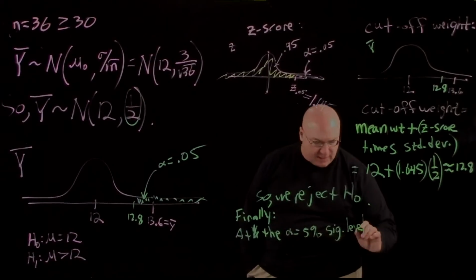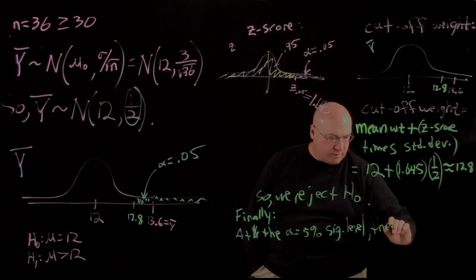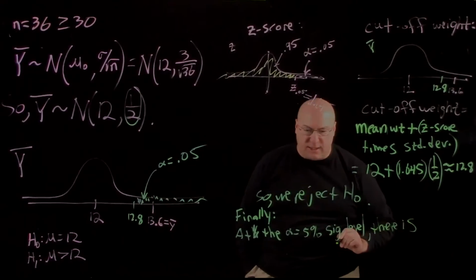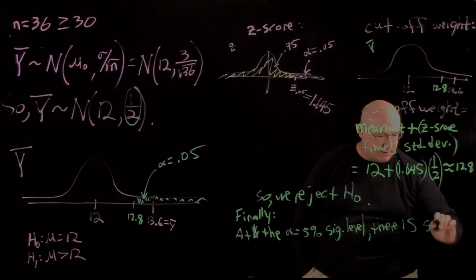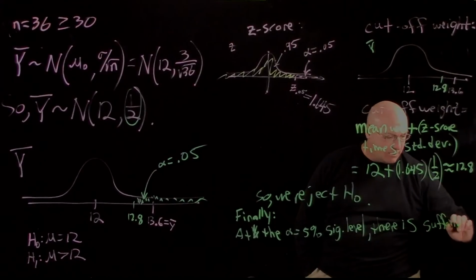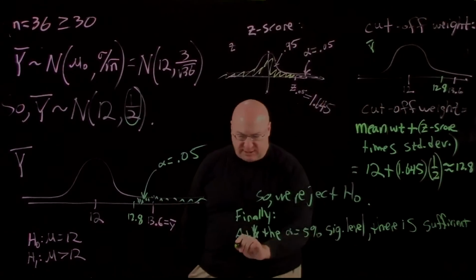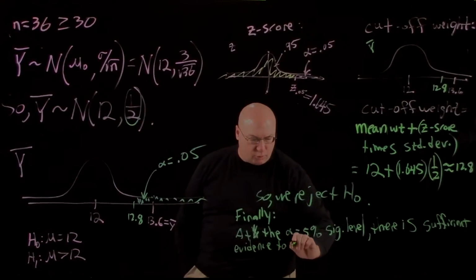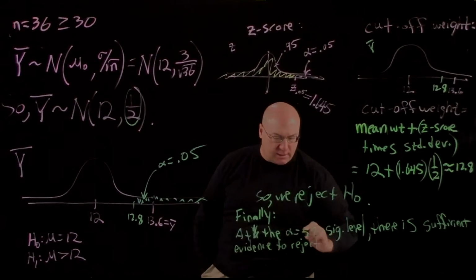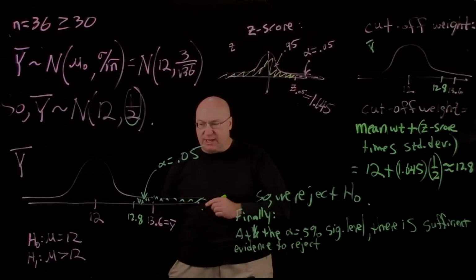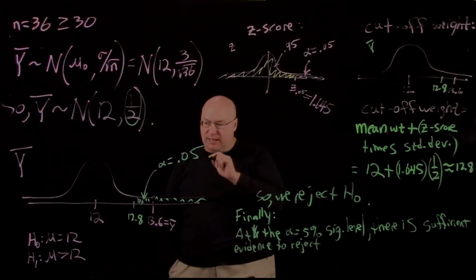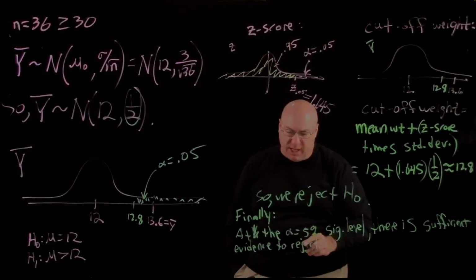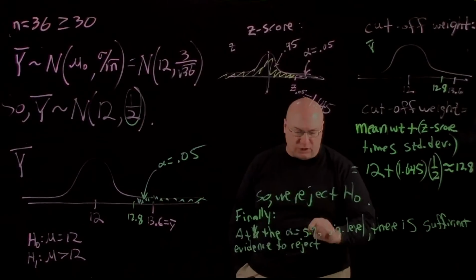There is sufficient evidence to reject what H naught is saying, and we must say what it is saying in the context of this particular problem. There is sufficient evidence to reject